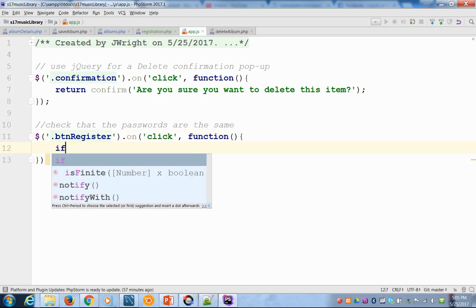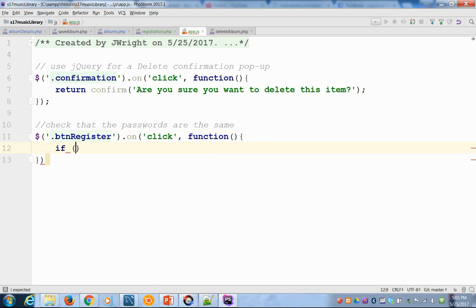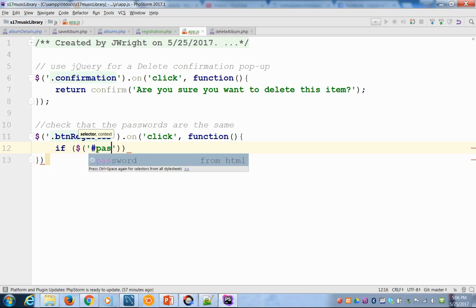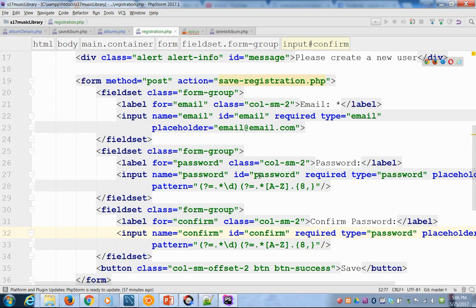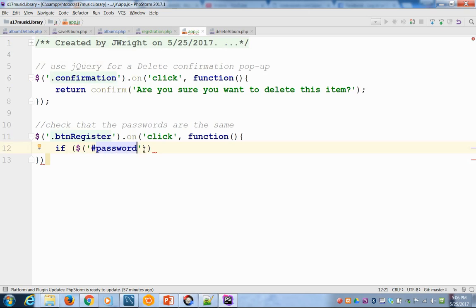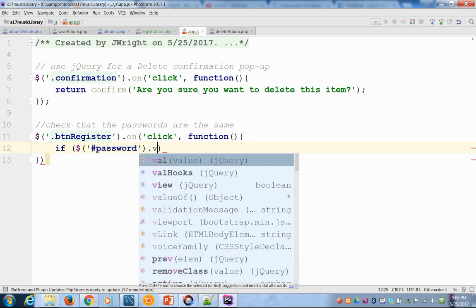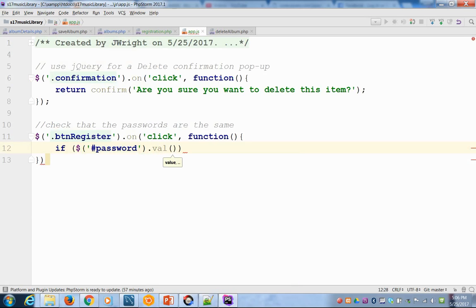So we say if, and this is where the password ID field comes into play, right? So on this registration page, we said in here ID equals password. That's what this is. Okay, so if password dot val does not equal